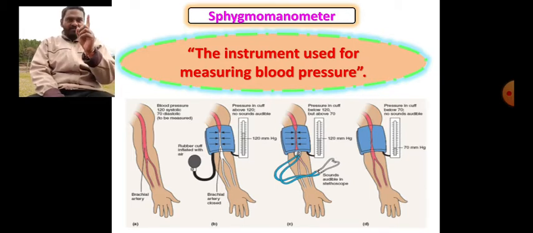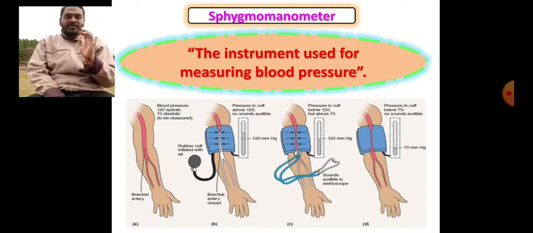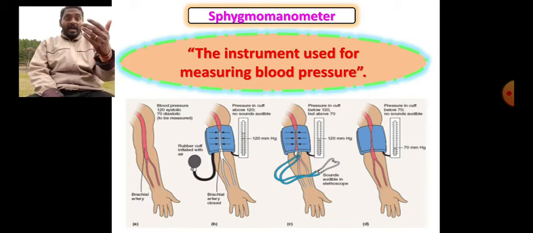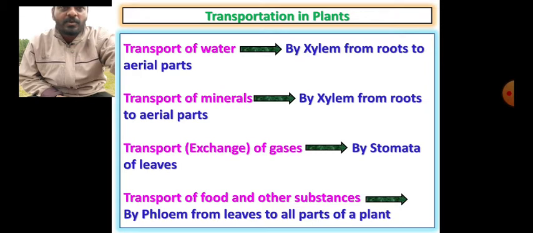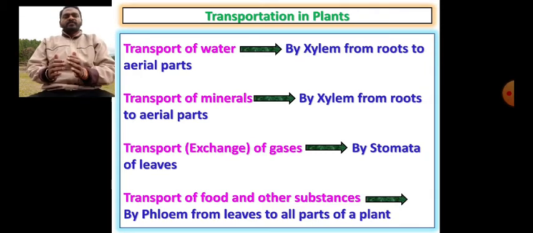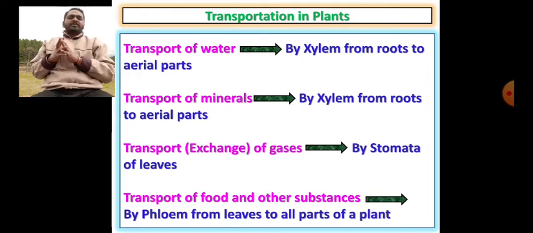Remember that. So be away from BP, blood pressure, and let's pray that in our life we are not using the sphygmomanometer. Okay, but let us be aware, the sphygmomanometer is one of the devices which is used for measuring blood pressure, which is connected to our chapter. That's why I have given an introduction about this. Now we have discussed how the transportation of materials, exchange of gases, nutrients and other things is taken care of within our body with the help of the circulatory system.